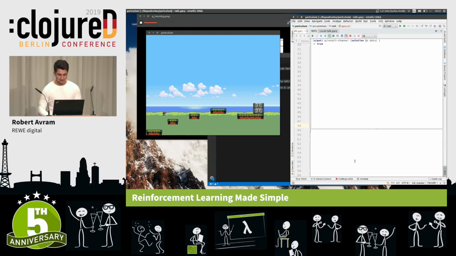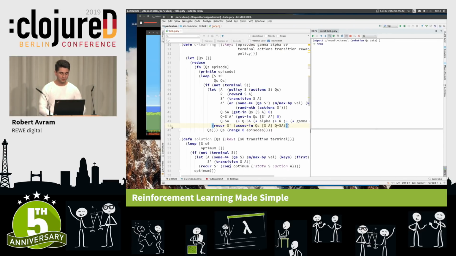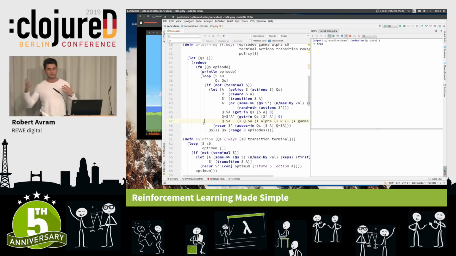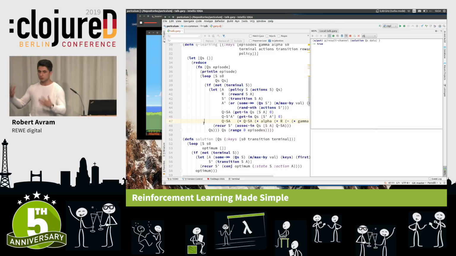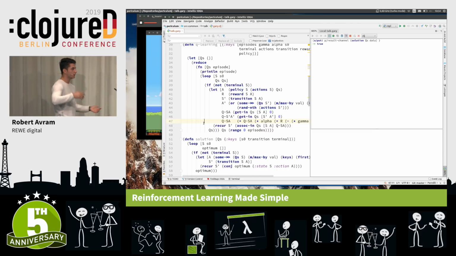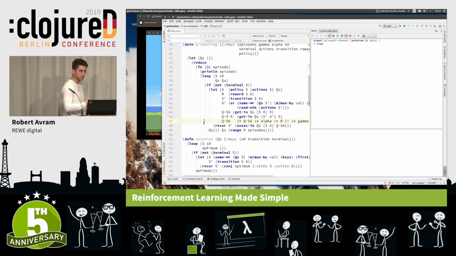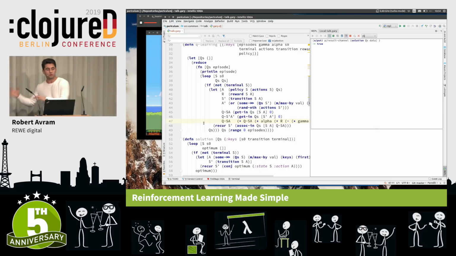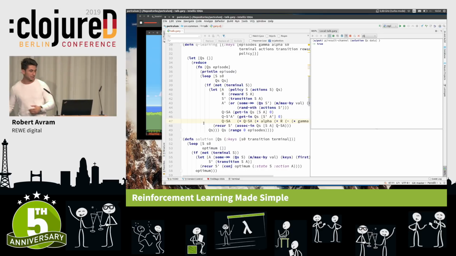Right, let's look at it again. Right, brilliant. So that's all that you needed to do in order to just implement an algorithm and use it on something fun and practical. And that's what I said. You don't need to understand much of it. If you want to go into the nitty-gritty and understand what these alphas and gammas do, of course, you can start reading a lot of literature. But just the beauty of Clojure is that you can almost one-to-one translate these things without any problem, just with a bit of different thinking that functional programming generally gives you.